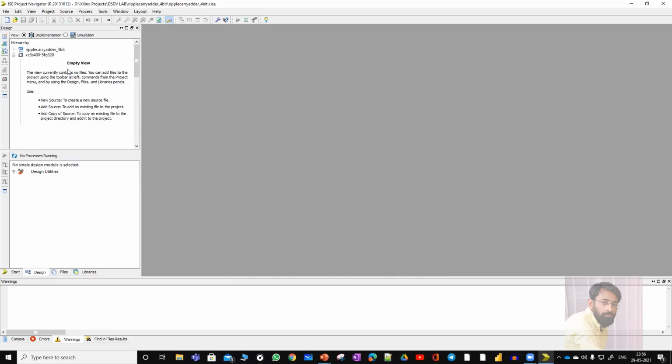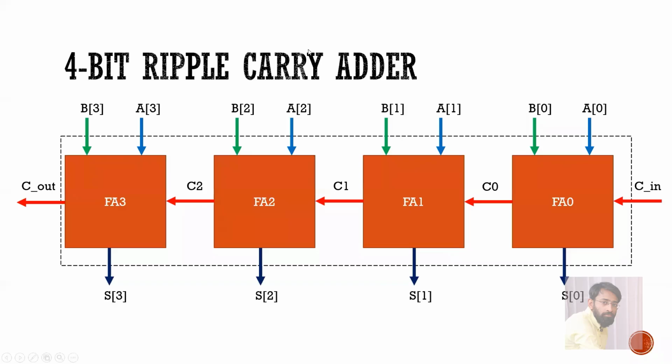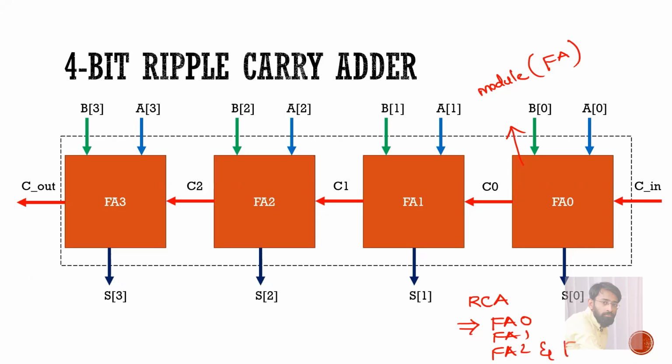Now we have to write the source code for it. Here I will follow a style called instantiation. So I'm going back to the figure. See here, initially I'll write the Verilog code for this particular module. I'm treating this one as one module, which is the full adder. Initially I'll write the Verilog code for the full adder, and then I'll write the code for the Ripple Carry Adder, and within this I'll call these full adders as FA0, FA1, FA2 and FA3. So I'll use the concept of instantiation. Instead of writing the code again and again, I'm using the concept of instantiation.